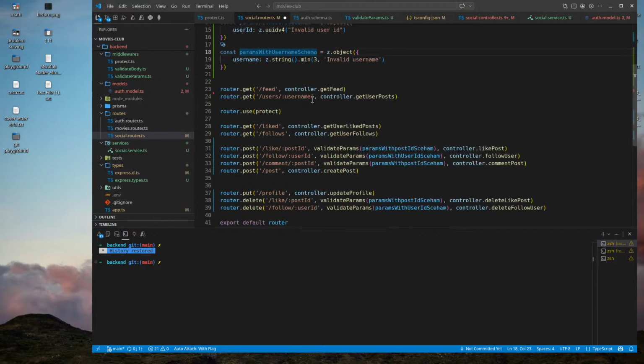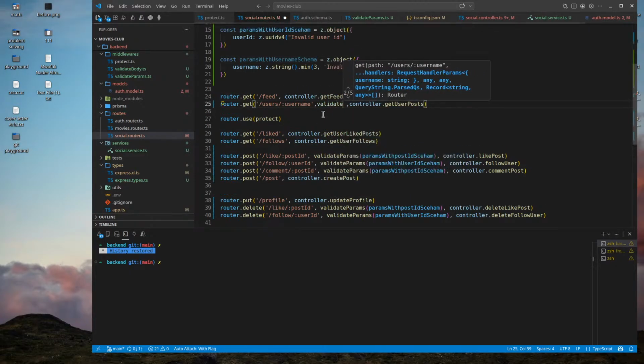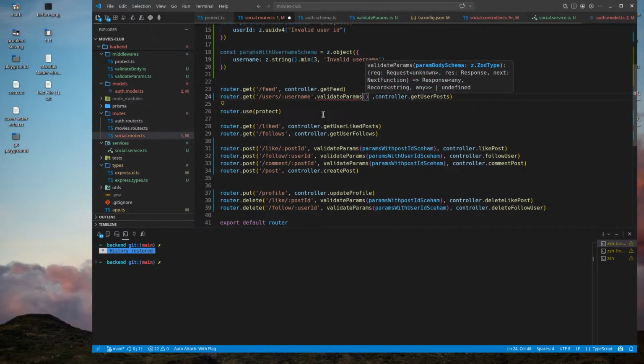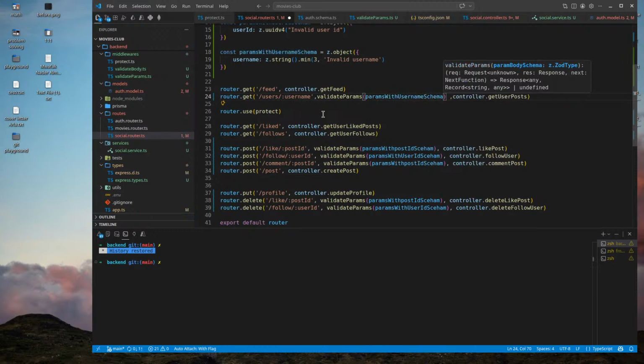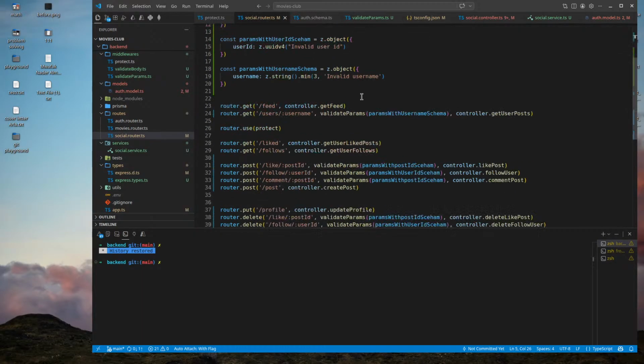And then we can go here. We can say validated params, params with the username. Okay, we need to remove something we imported. What did I just import? I don't know.